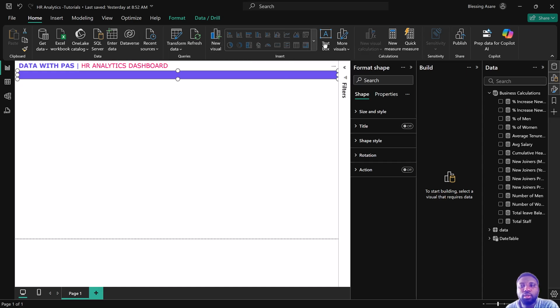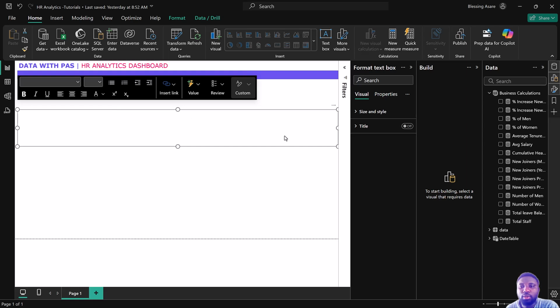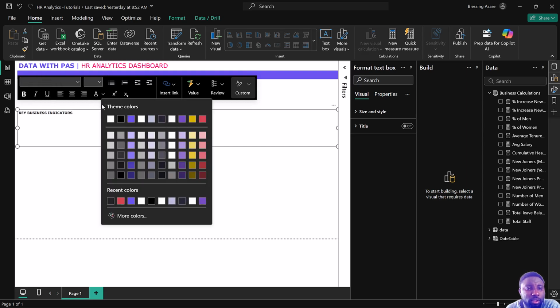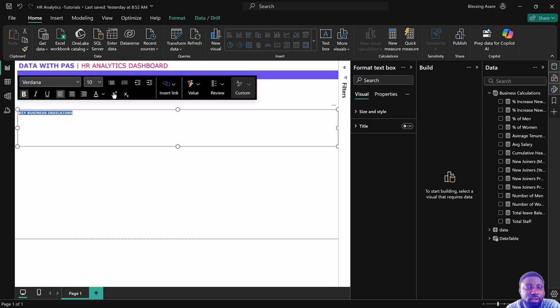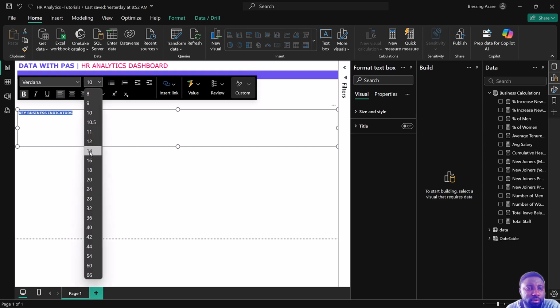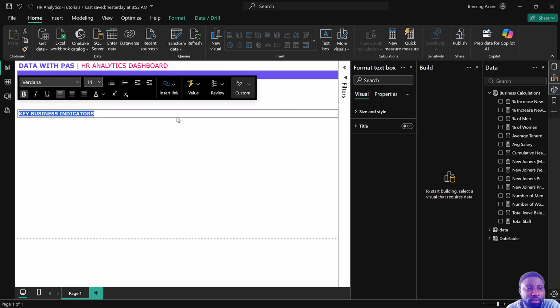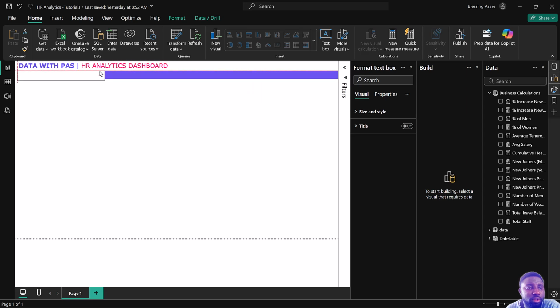Now let's come here and grab our text box. Okay, text box, and write key business indicators. Key business indicators. So this one, we make the color white, and then we make the font 14. And let me bring it here. Now